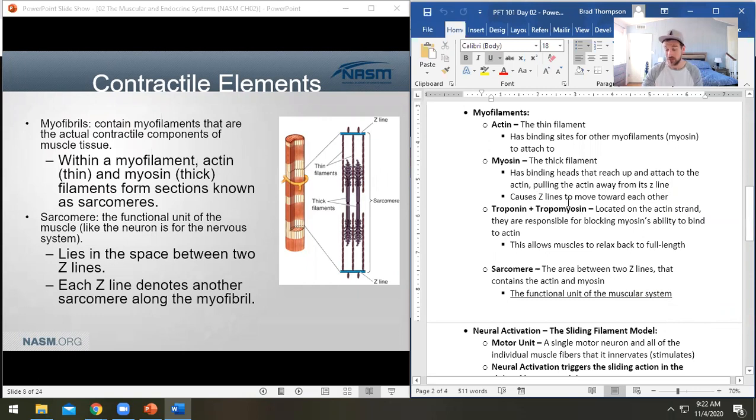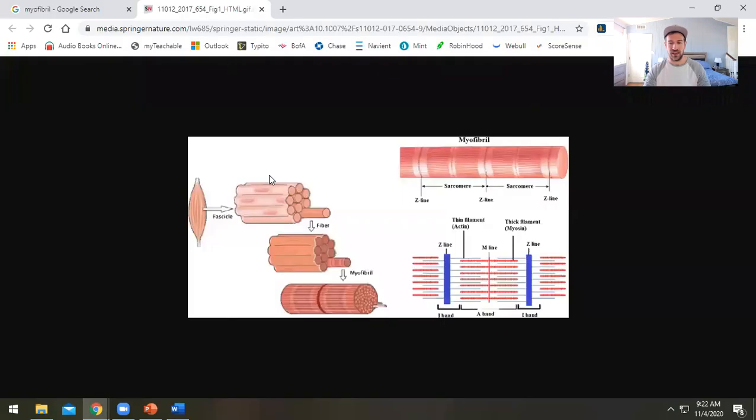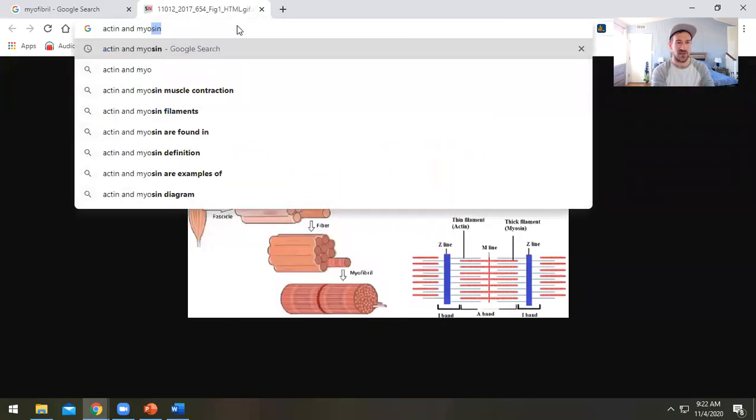Okay, so where were we? We were talking about myofilaments, right? So a myofilament, these are all the individual little proteins that you're going to see. So myofibrils contain myofilaments, which are the contractile proteins within a muscle, right? So there's two main categories. You've got actin, which is this thin little strand here, and myosin, which is this thick strand in the middle, right? And so when you look at a muscle, and you look at actin and myosin